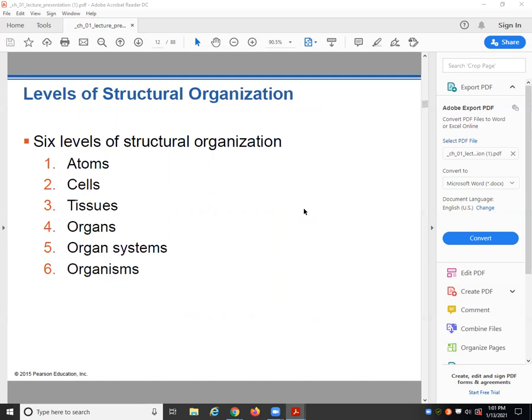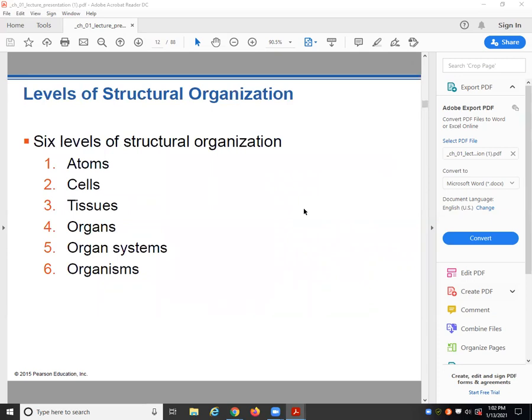Atoms will make up molecules. Molecules make cells. And collections of cells make up tissues. Collections of tissues make up organs,